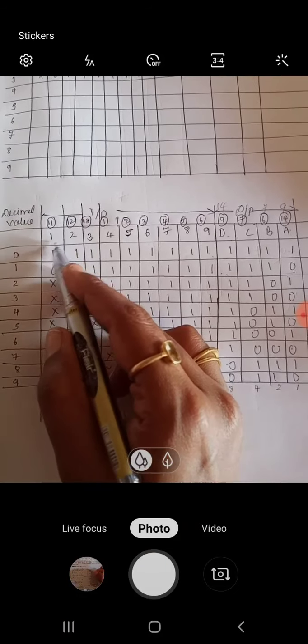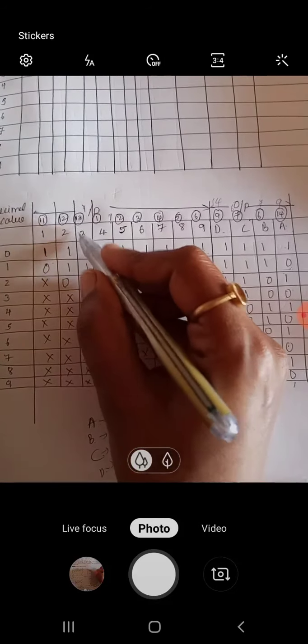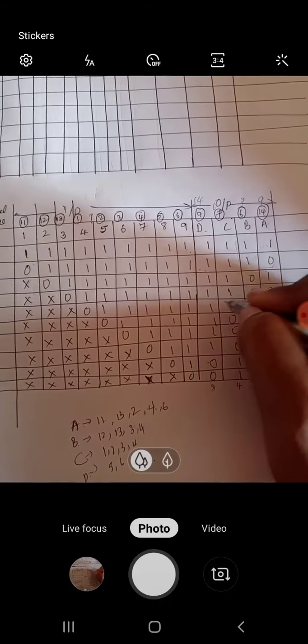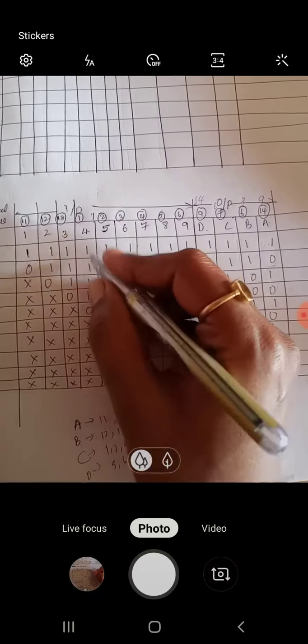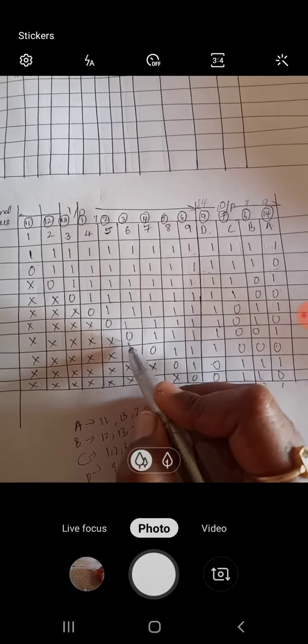Okay, see here A value. So A value is 0. At what values? So this 0 corresponds to which column? This is column 1. So I have written 1, not 1. This is pin number 11. Similarly, this is 0 at what pin number? This is pin number 13. So similarly 13. Again this is what? This is 0 here at what value? Again at value 2 I have written. So again at 4. So at 4 what is the value you have? So for all values of 0 you have to go with it.